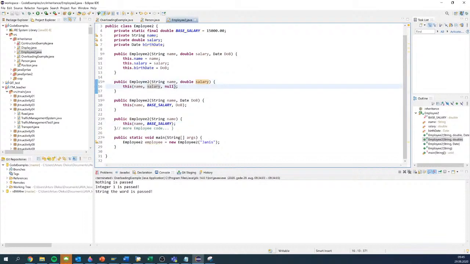Then this one calls the constructor with three parameters, which is this one, right? And that's maybe a bit confusing, but this is quite a straight example